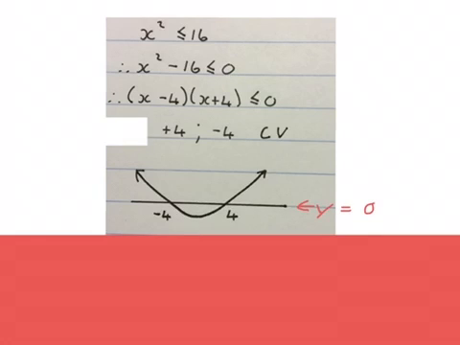The parabola is smaller than 0 over here. When I see an equal sign over here, I put a black dot here at the 4 and the -4, because it means we include those two numbers. So the answer of our question will lie between -4 and 4, because that is where this parabola is smaller than 0. Again, our answer will lie between 4 and -4, including those two numbers.